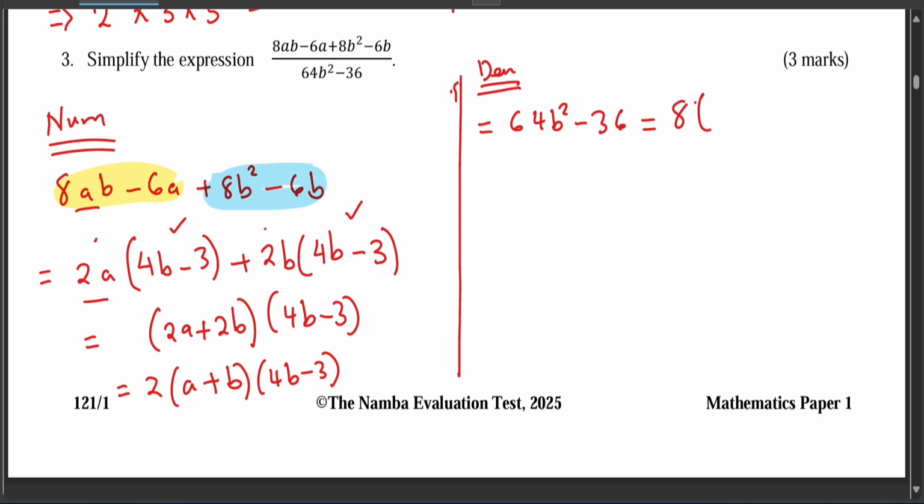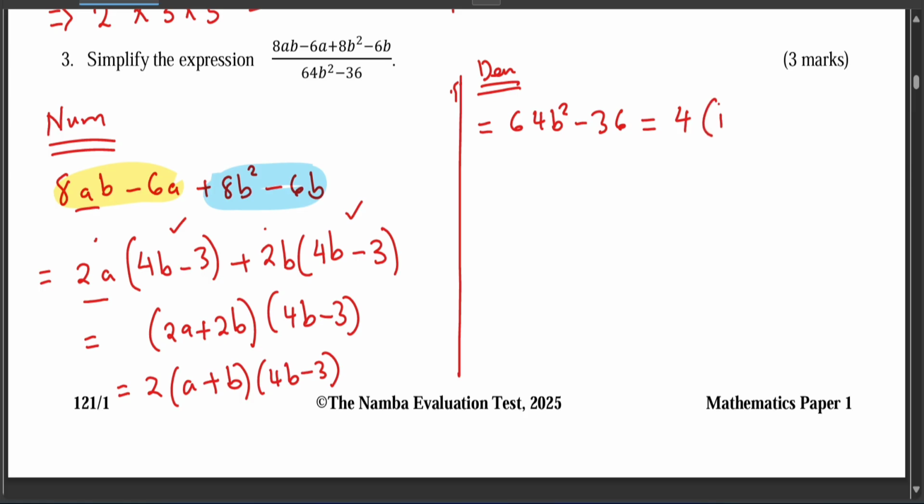So 8 into bracket 64 divided by 8 is 8b squared minus 6 divided by 8. No, common factor is not 8, sorry. I think it's 4. Yeah, it's 4. Common factor is 4 into bracket